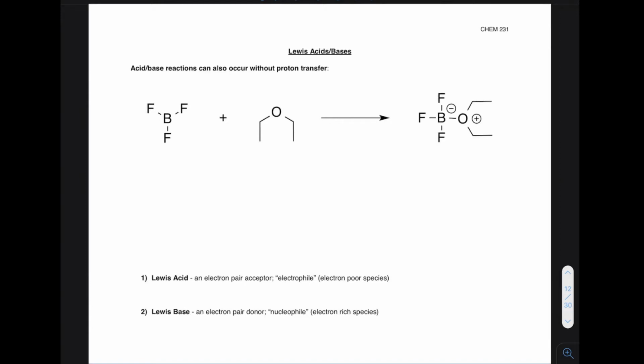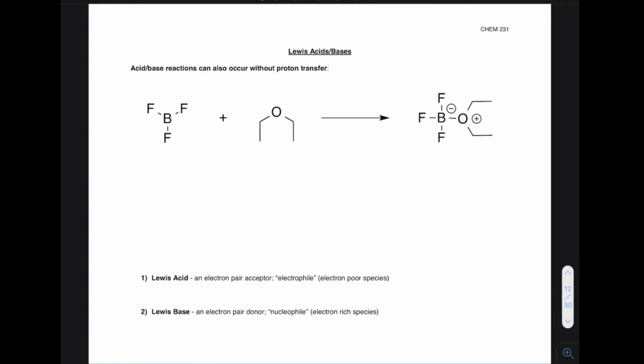All right, so in this video we're going to be talking about Lewis acids and Lewis bases. Acid-base reactions can also occur without proton transfer. In the last video we discussed Bronsted acids and bases, right? Proton donors and proton acceptors. But this time we're going to be talking about Lewis acids and bases, and a Lewis acid is an electron pair